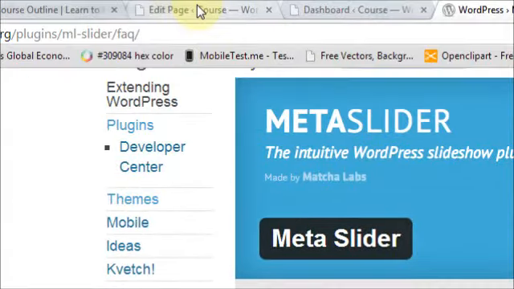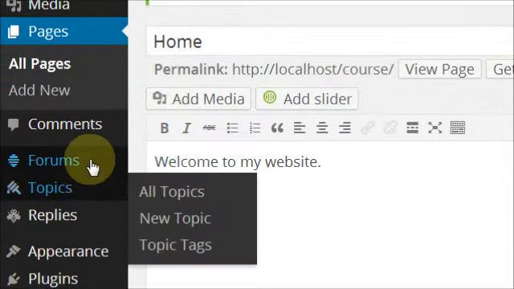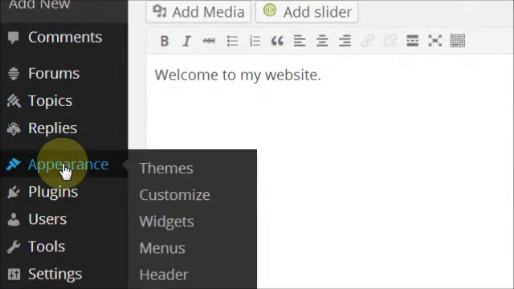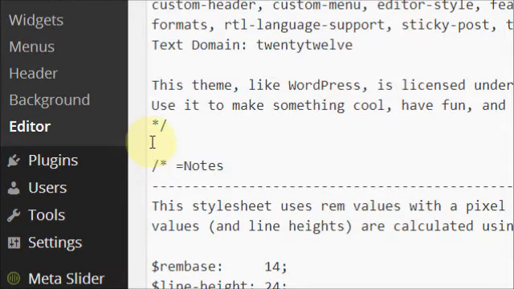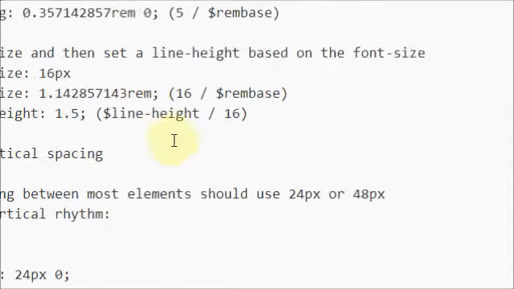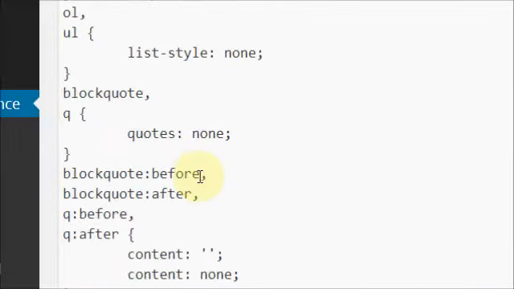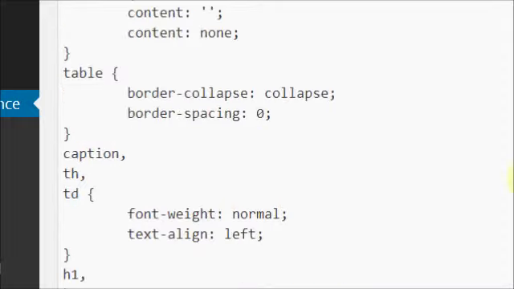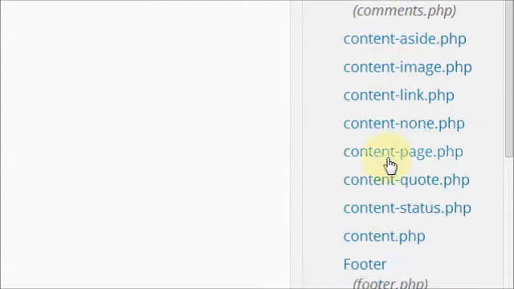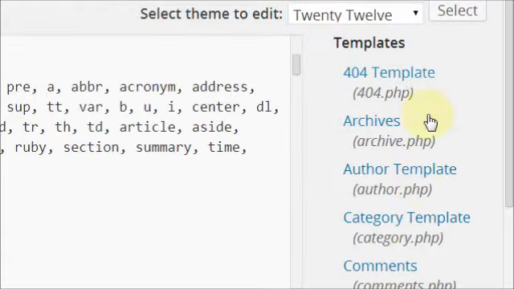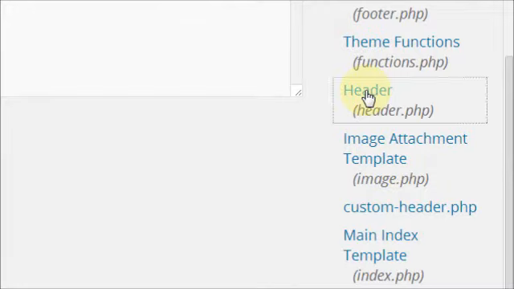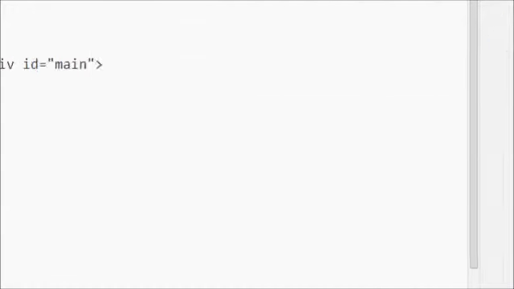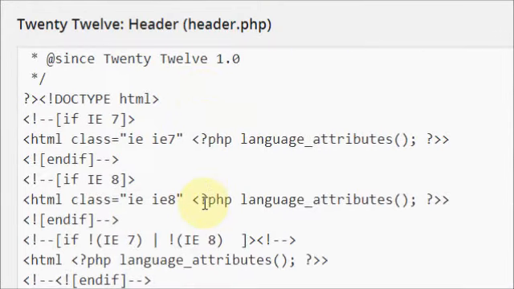I'm going to go back to my page. What you have to do is go to Appearance and Editor. The editor allows you to hack the WordPress 2012 theme, and you see a lot of computer code here, a lot of HTML and CSS code, which we'll be looking at later on in the course. But what you're looking for here is the header file. Off to the right is a list of all the files that make up the 2012 theme. I'm going to click on the header PHP, and in this file I want to add the